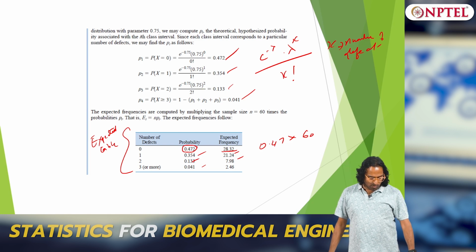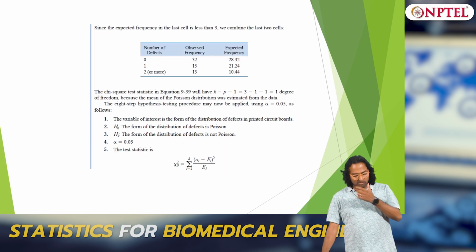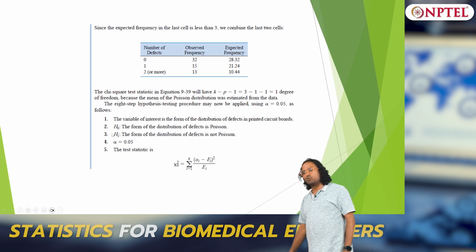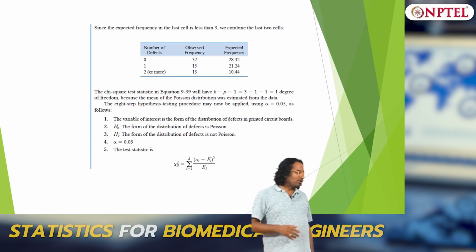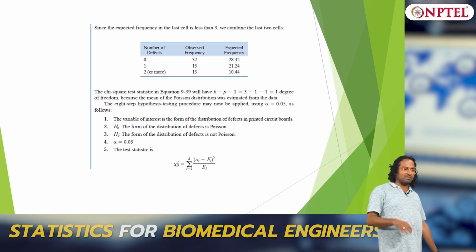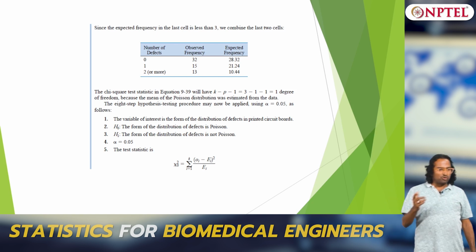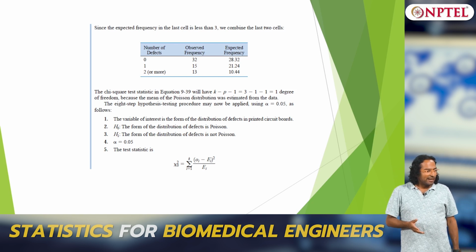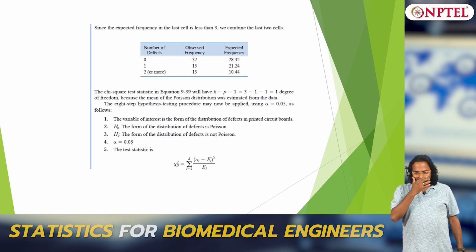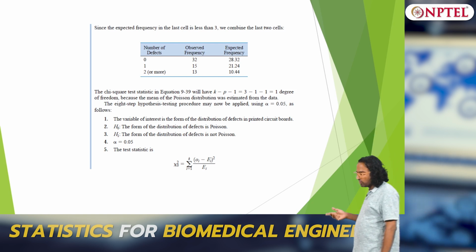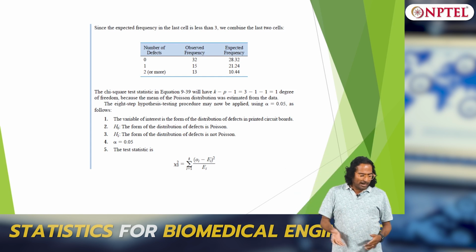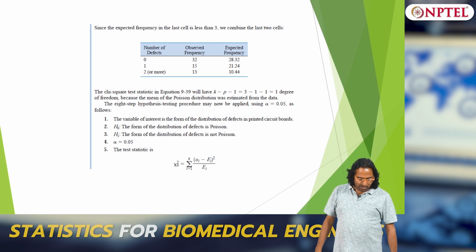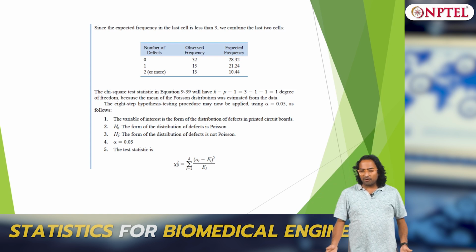Now I can compute a simple test to be sure whether the underlying distribution is truly Poisson or not. You have been given data, and you are asked whether this is a rare event or not. That is the question we are asking. It should ideally be rare; is it really rare as per the data? We know a rare event is Poisson, so we know the probability distribution. Of course lambda is not known, so we calculate lambda from the data itself, and then you have an expected table and an observed table, and now you can formulate the hypothesis testing.